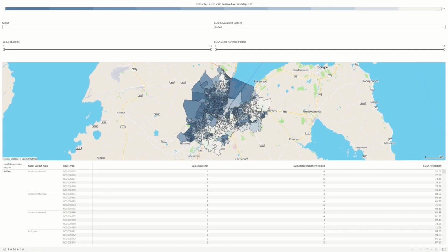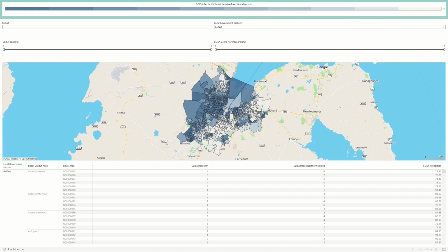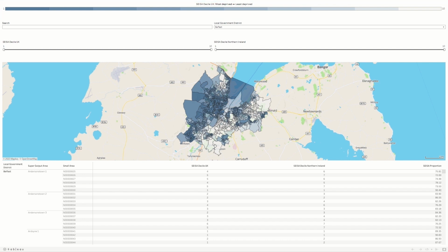The colour legend shows the colours utilised in the interactive maps. The colour legend used for the maps is one colour that changes sequentially from dark to light. The darkest blue represents decile 1, the most deprived decile at a UK-wide level. That is, small areas located in decile 1 are within the 10% most deprived areas across the UK, according to our measure. Meanwhile, the lightest blue represents decile 10, the least deprived decile at a UK-wide level.